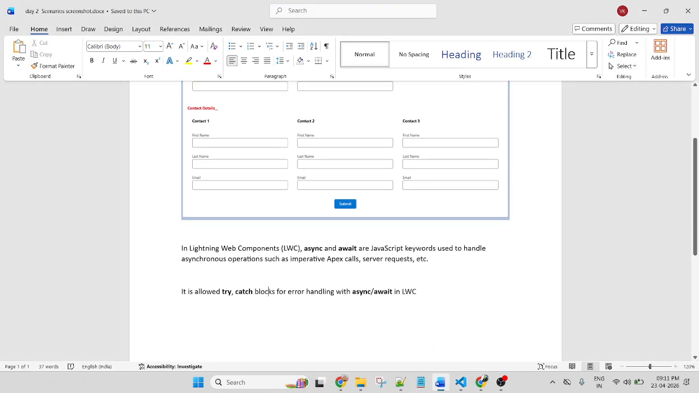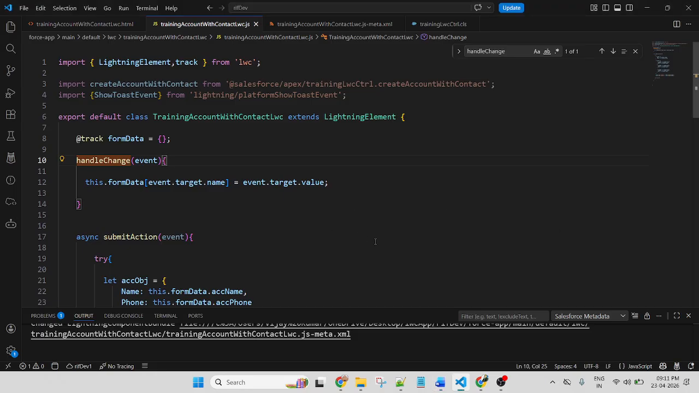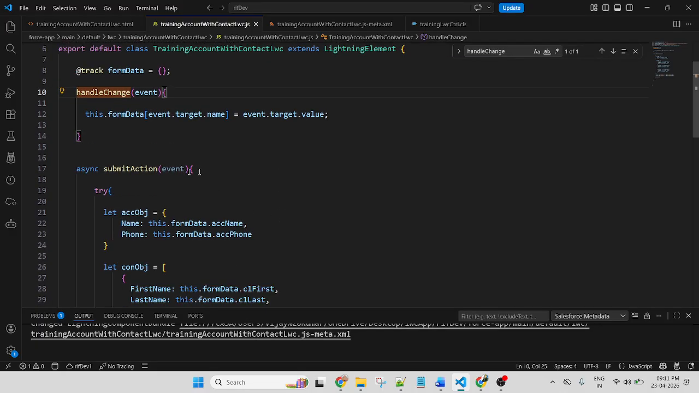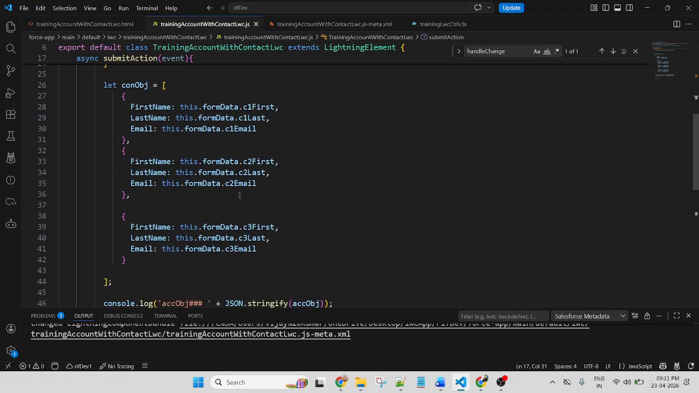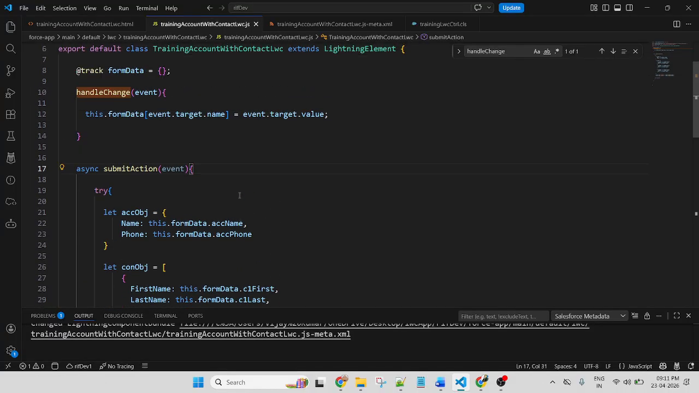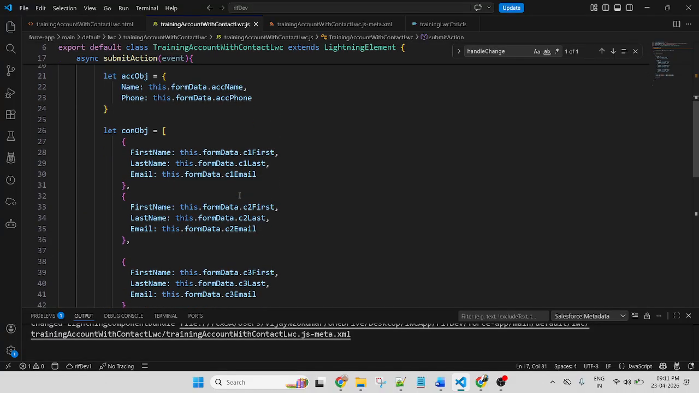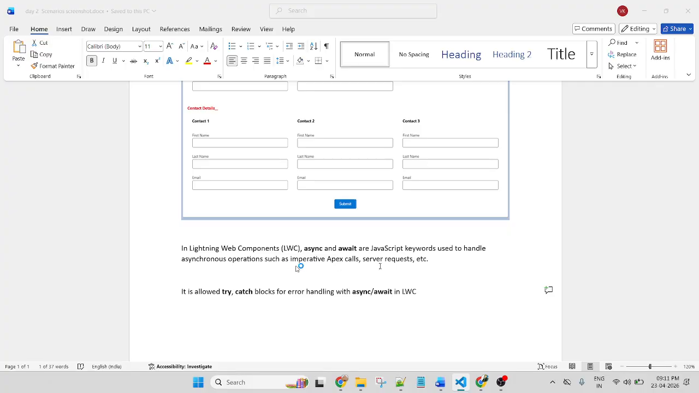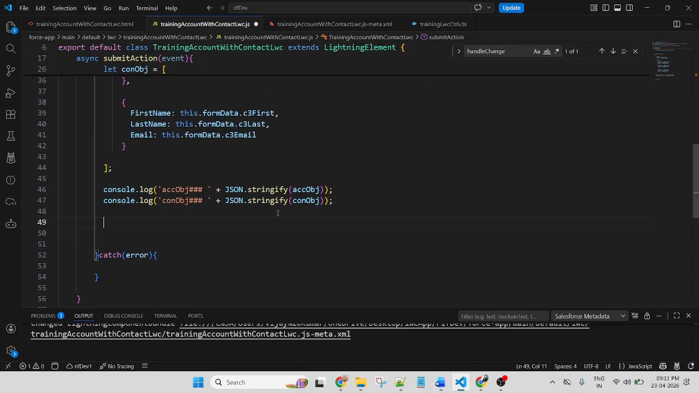Apex. How does it work? Await. Okay, copy. So where I use await: first, before declaring the function, you need to add async. And where you pass the method, you need to add await. Got it? So first I get the value from the input field. So now I want to put